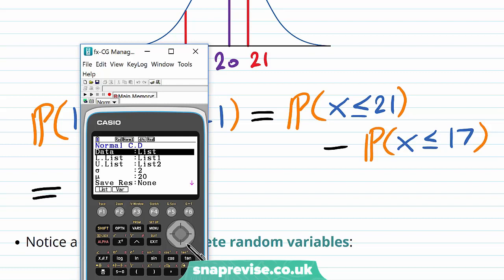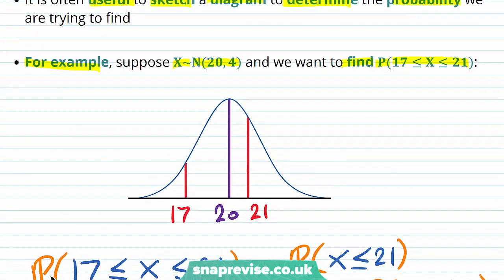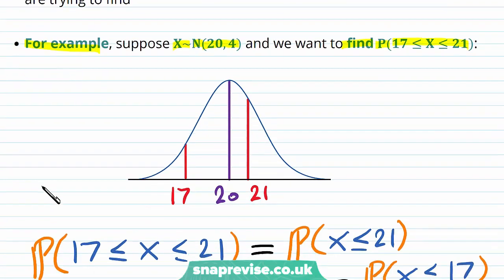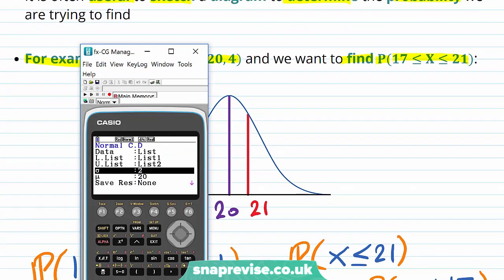And then we have our sigma and mu. I've already put them in here. We have our sigma being 2 because we're given that sigma squared is 4. So sigma is 2. And similarly, mu is 20. By executing, we get our two values,